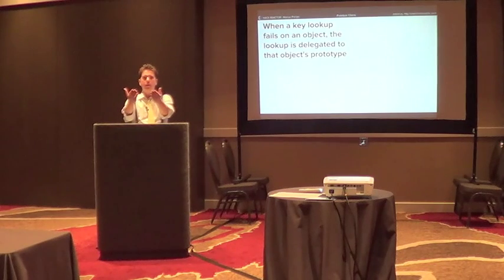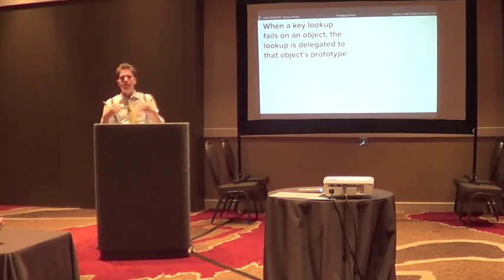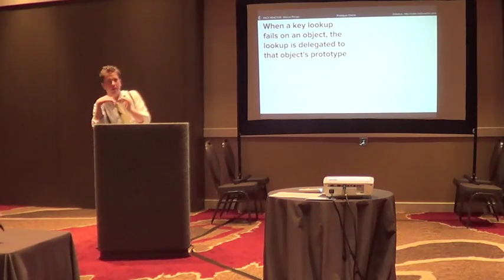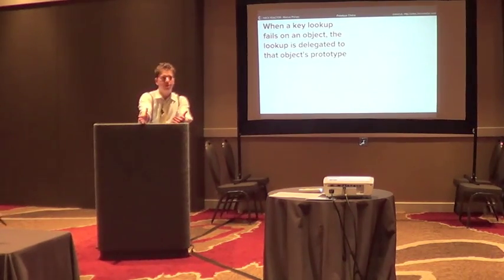But if you ask a question, and if you look for a property and the object doesn't have the property locally, it secretly, silently in the background defers to its prototype object, and then passes off the result as if it was its own. Now it's entirely possible for the key lookup to fail further up the prototype chain, at which point,